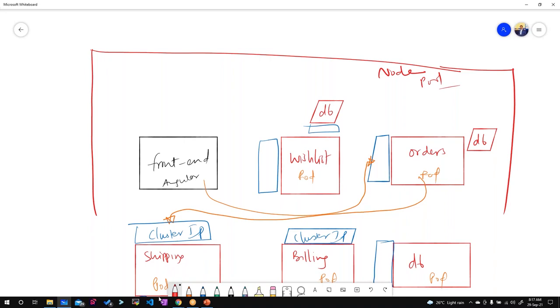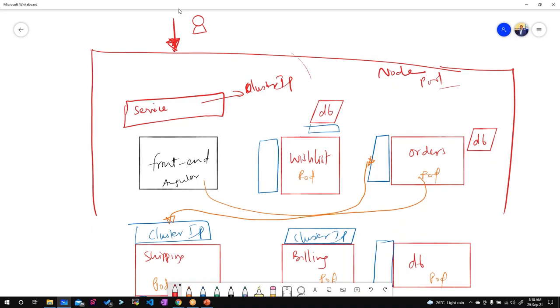So now this front end, in order to be accessed, there is a user who wants to access the front end. For the front end also I need to create a service, right? This is a service. But if I create this service as cluster IP, there is no communication from outside to this service, but other services can talk to this internal service.